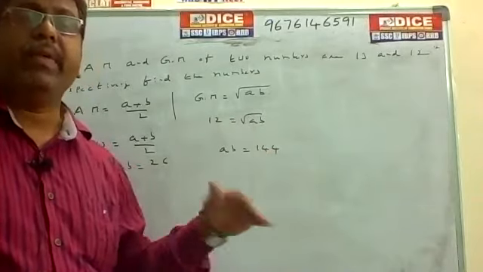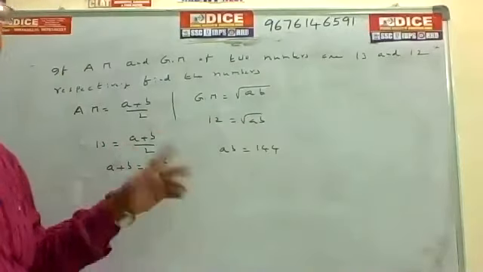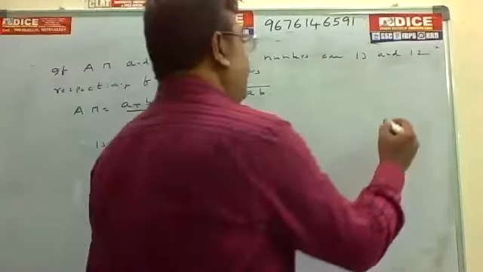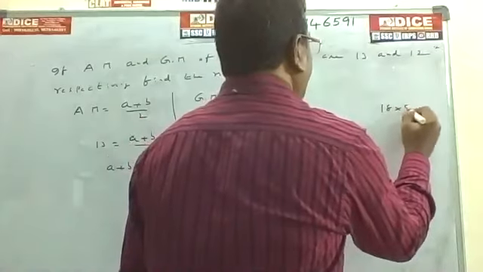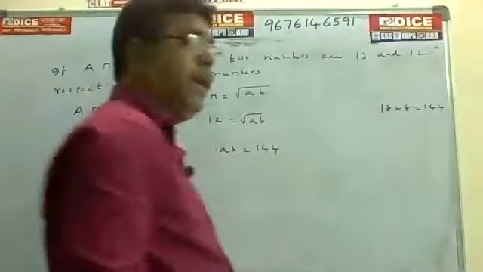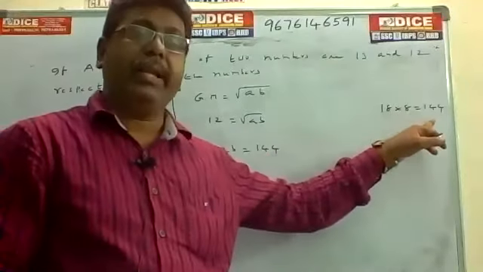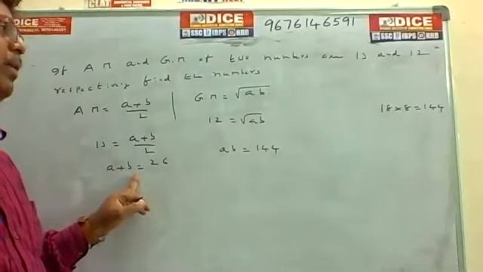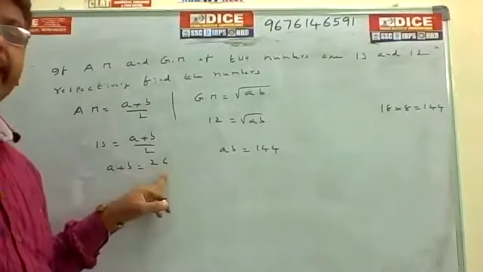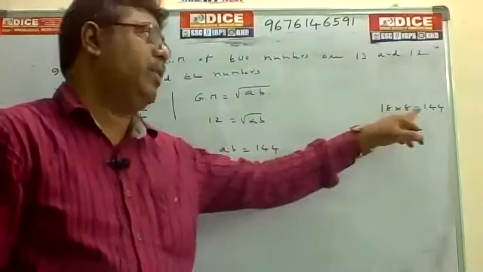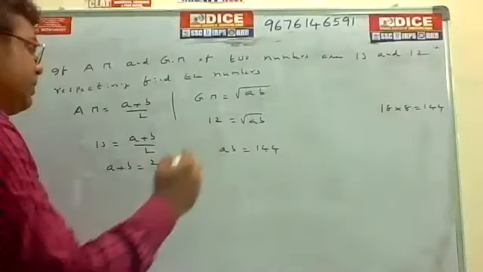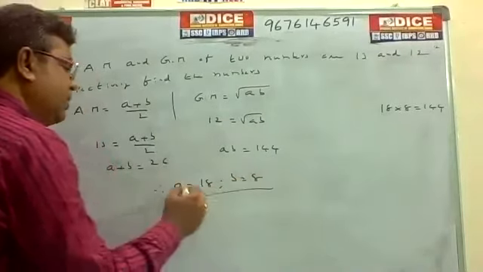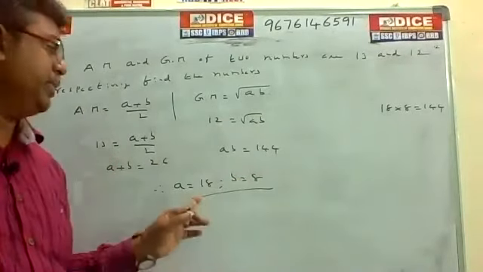Actually we have to do a trial for the values of A and B. The value 144 is 12 square, and another one is 18 into 8, which is equal to 144. So if you take A is equal to 18 and B is equal to 8, then 18 plus 8 is 26, satisfied, and also the product is 144. Therefore the answer is A is equal to 18, B is equal to 8. The two numbers are 18 and 8.